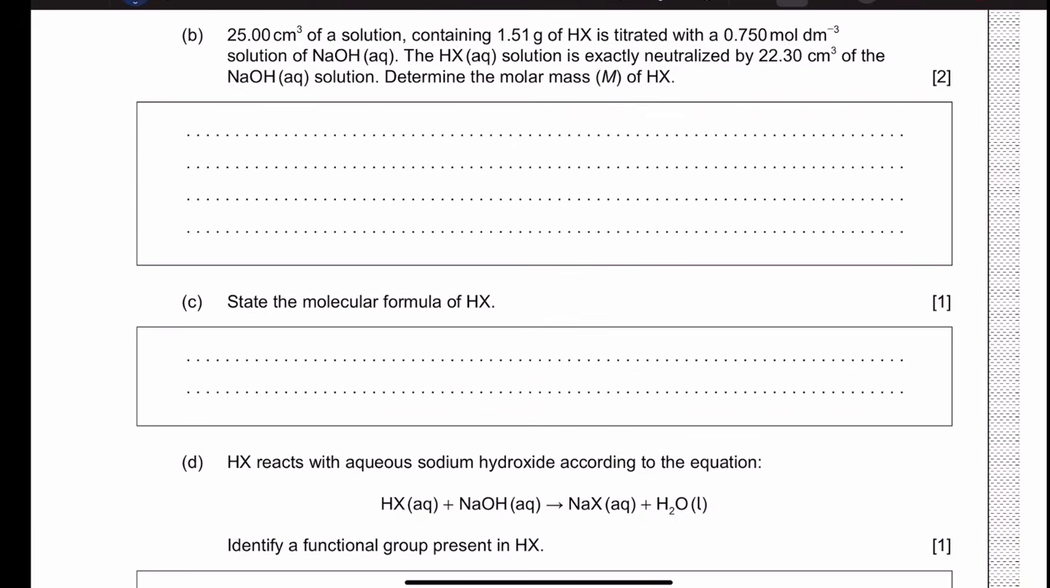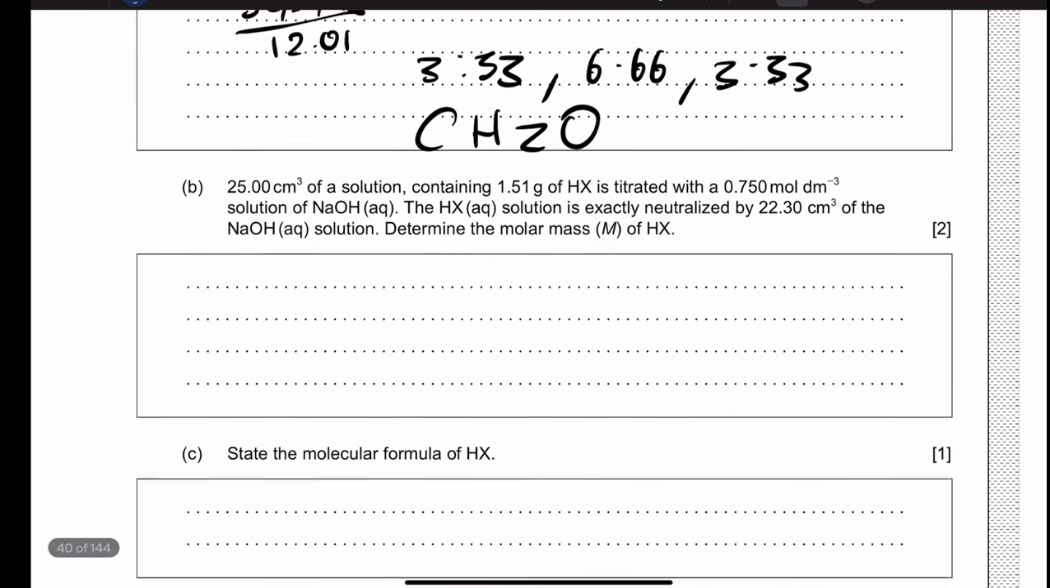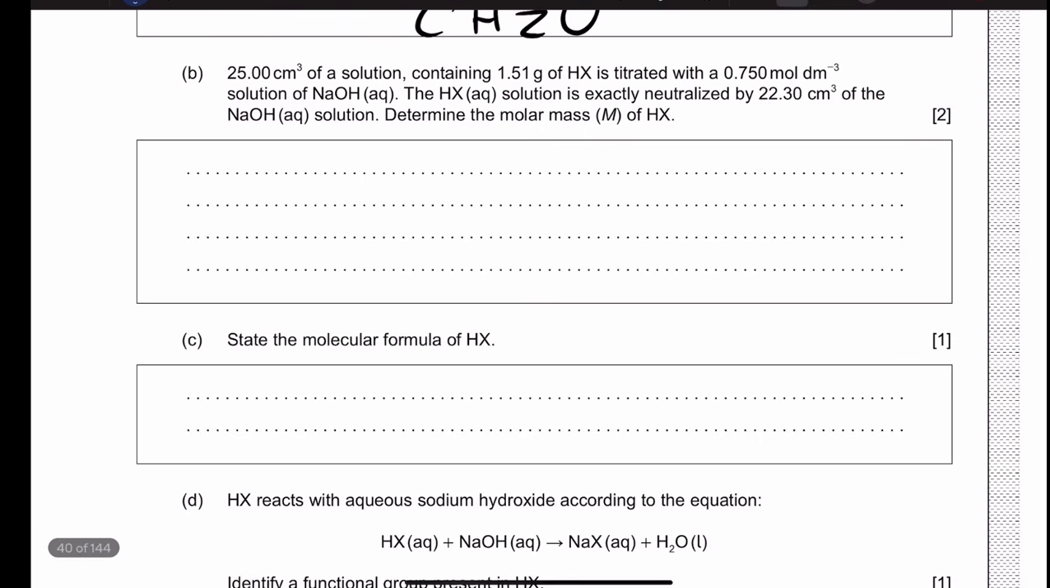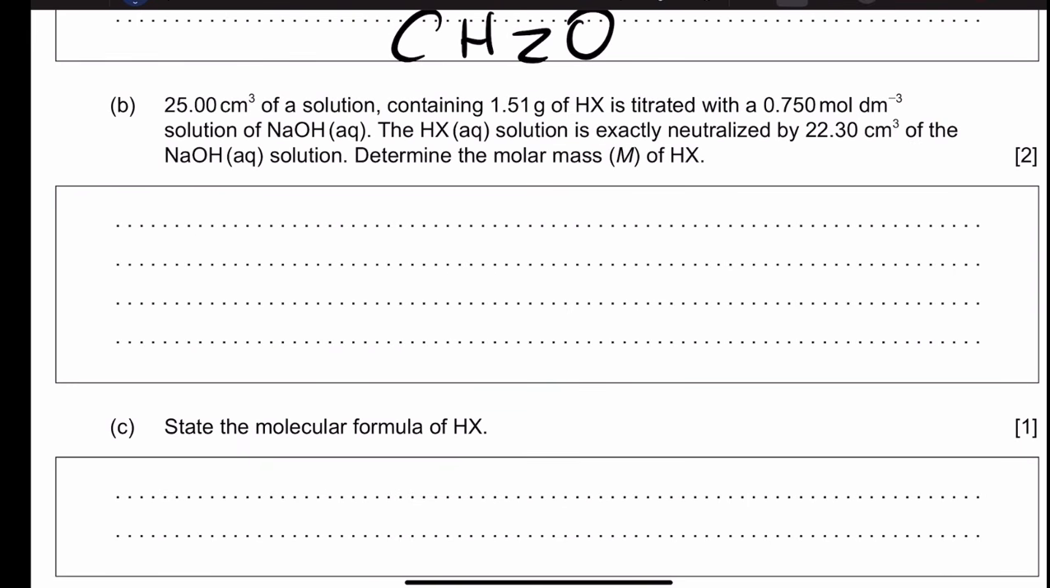Okay, B: 25 cm cubed of solution containing 1.51 grams of HX is titrated with 0.75 mole dm cubed solution of NaOH. The HX solution is exactly neutralized by 22.3 centimeters cubed of the NaOH solution. Determine the molar mass of HX. Okay, for this, we know that it's titrated exactly, and we know the ratio is going to be 1:1. And we have 22.3 cm cubed with a concentration of 0.75 mole per dm cubed. So it's essentially 0.75 times 22.3. Remember, we have to make it dm cubed, so we divide it by 1,000, and that gives us a value of